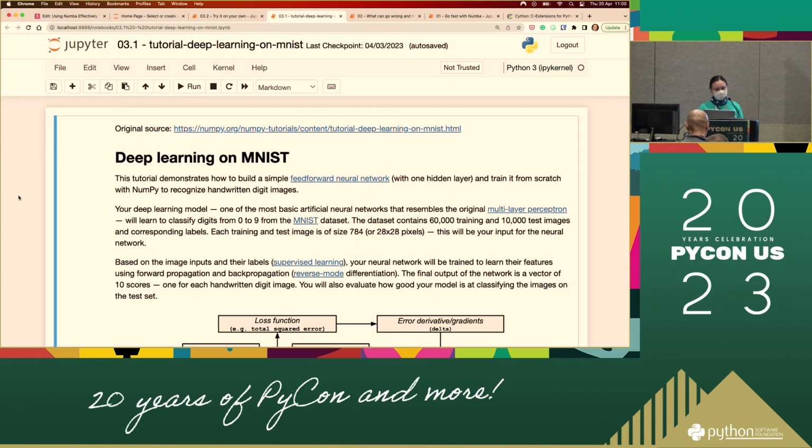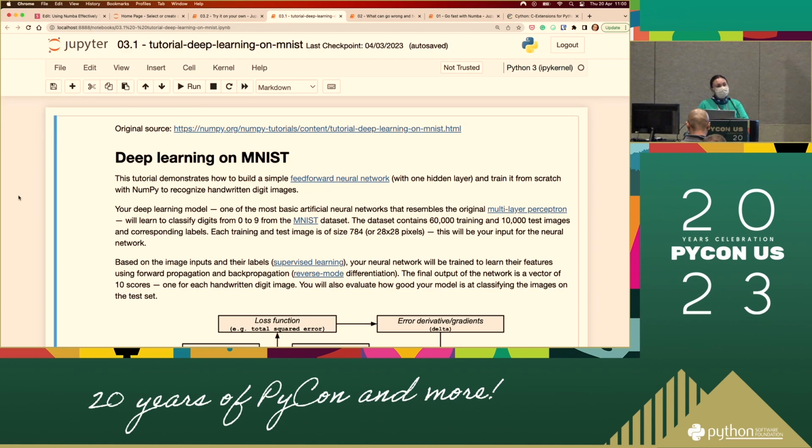It's about how to build a neural network from scratch to distinguish the MNIST dataset, which is the handwritten digits. Who has done this before? One person. Oh my God, you would be very far ahead of us. Who has maybe seen this but haven't gone into detail before? A few of you, okay.